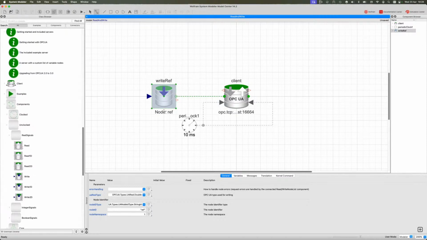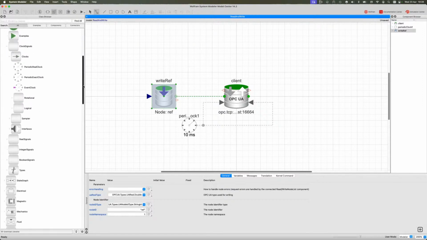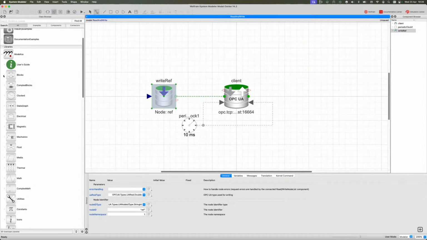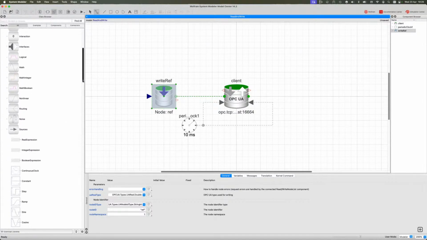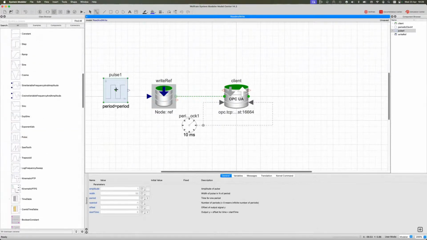So there we have our write block. Now we need to provide some signal to write, as a reference signal for the controller. For that, we will use a signal source from the standard library in the blocks package. There we have sources, and we will use a pulse source for this. We'll connect that to our write component